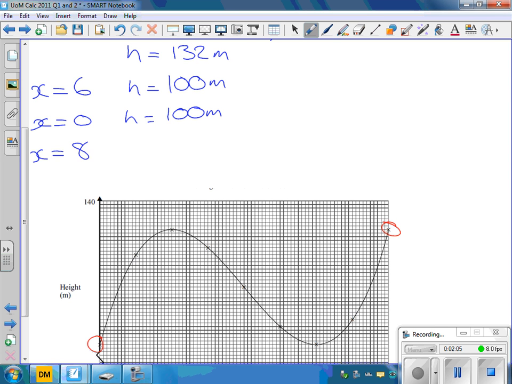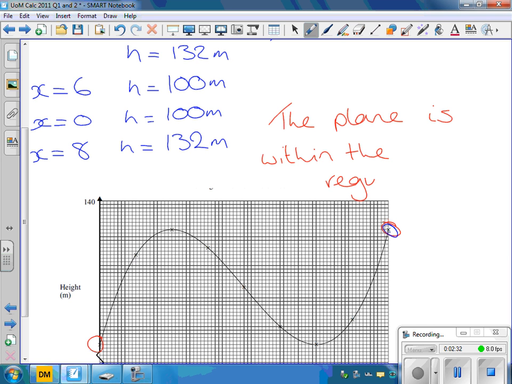And at the end of the journey, that's when x is 8. So if we put x is 8 in, we should get 132 meters. So again, we are fine. So your final answer is going to be that the plane does stay within regulations. You've just got to write a quick sentence to actually answer the question they asked,